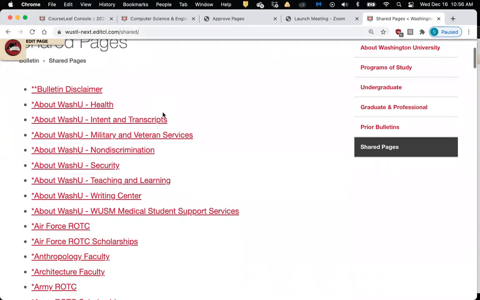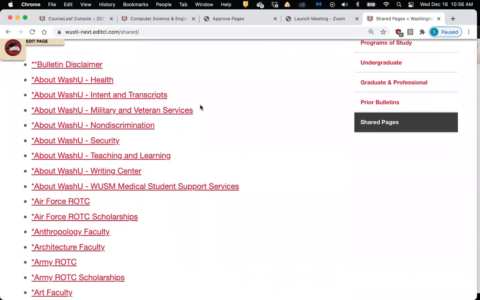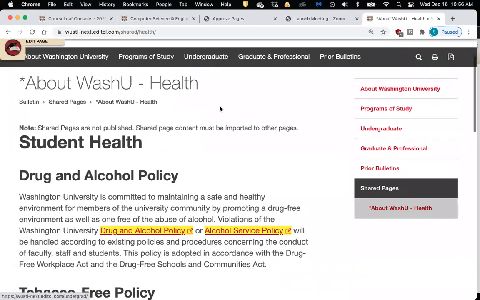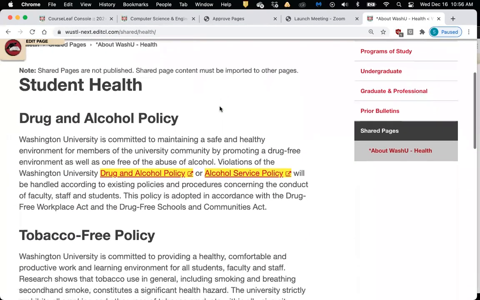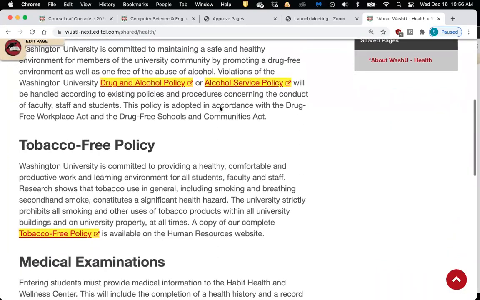Shared content is basically content in your bulletin that has been identified as information that the university has deemed usable in multiple places. So this WashU Health page is information that technically is not published, but it's content that could in theory be used in multiple places.